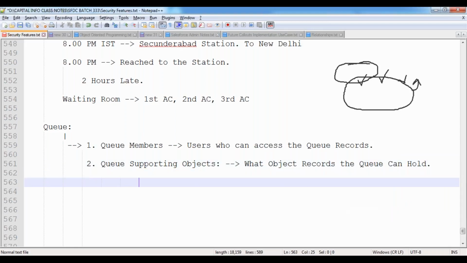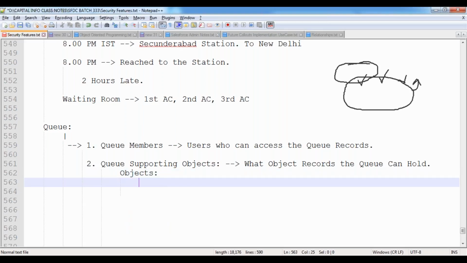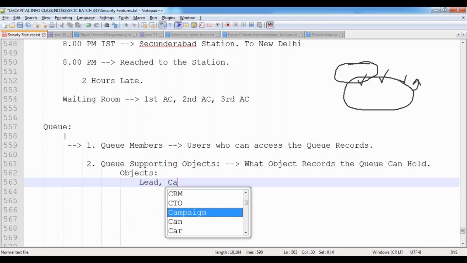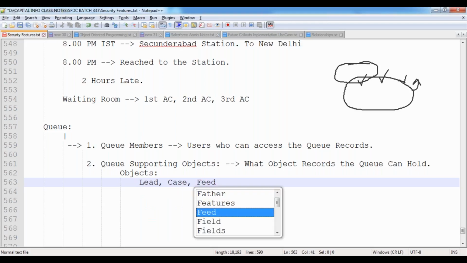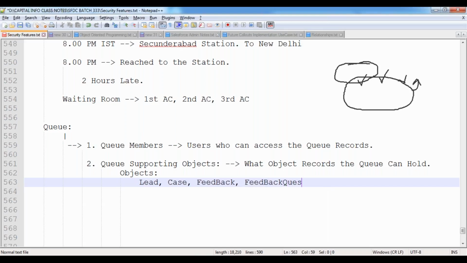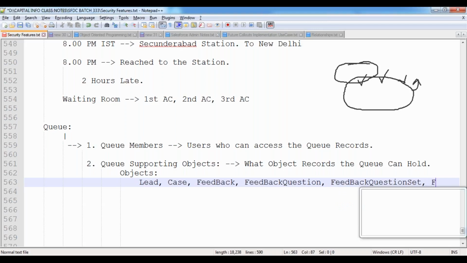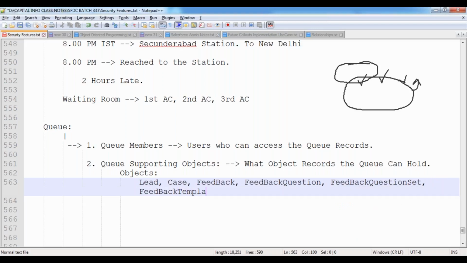What object records the queue can hold is indicated by the queue supporting objects. So what are the various objects the queue will support? What object records can we place inside the queue? The queue supports storing lead object records, case object records, feedback object records, feedback question object records, feedback question set object records, feedback template object records, feedback request,